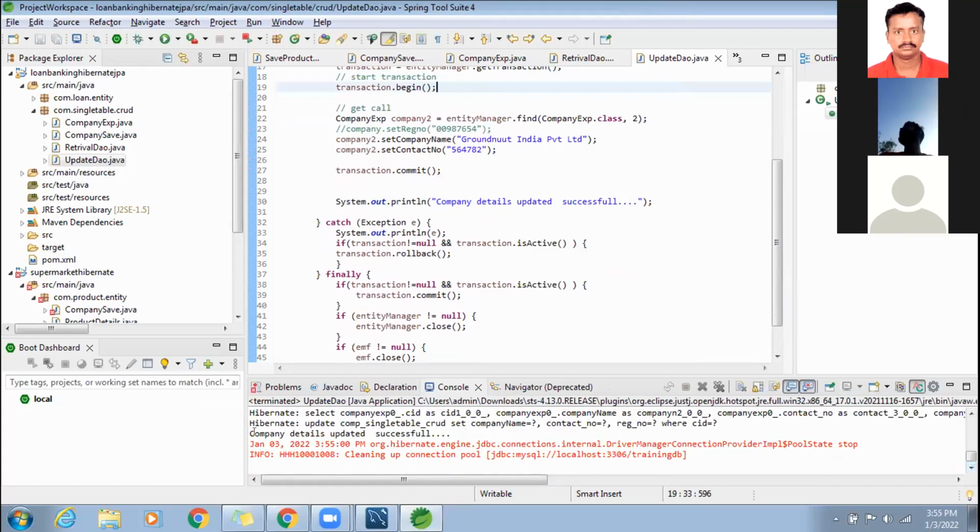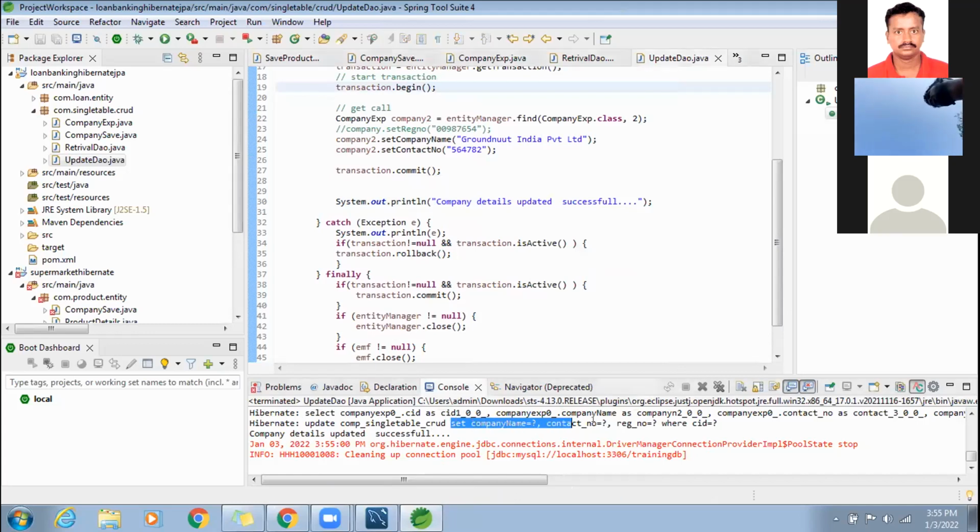See here, now company detail updated successfully. See the above line, update company single table set company name equal to question mark, contact number equal to question mark, register number equal to question mark, where. See here in your console, company detail updated successfully. So Hibernate generates the update query.